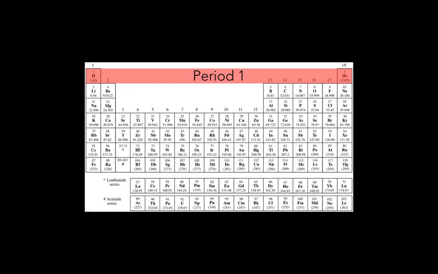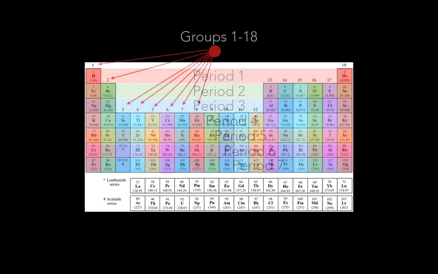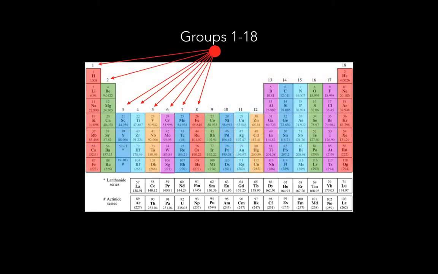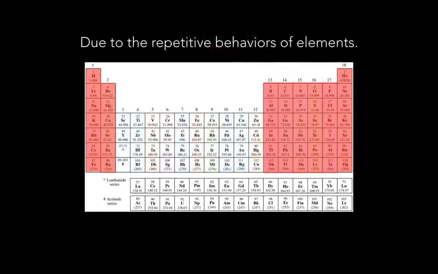The periodic table is also structured in 7 periods. The periods run horizontal, as you can see here, and then the rest of them as they go down the line. Okay, so there are 7 periods, and there are 18 groups. Here I have pointed groups 1 through 8, 9 through 14, and then the rest 15 through 18. So there's 18 groups and 7 periods.